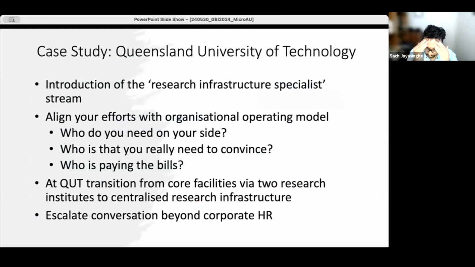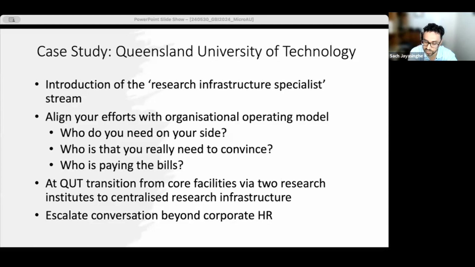My research infrastructure journey started in the US when I ran a cytometry core facility many, many years ago. Then I ran my own facility at Imperial College. When I came to Australia, I took on research infrastructure roles in the university sector. I had a role at Melbourne Uni, probably the biggest university in terms of research expenditure, although the University of Queensland is getting pretty close as well. That was a different experience, but I'm going to focus on my experience at Queensland University of Technology because